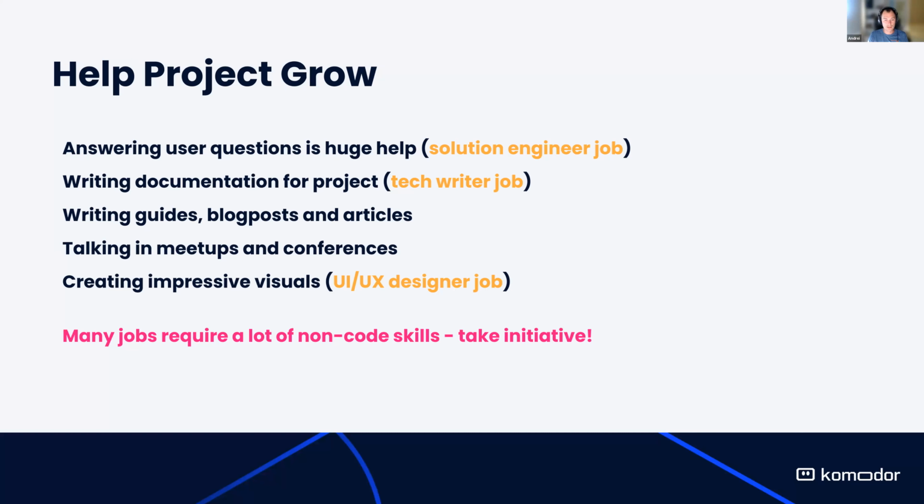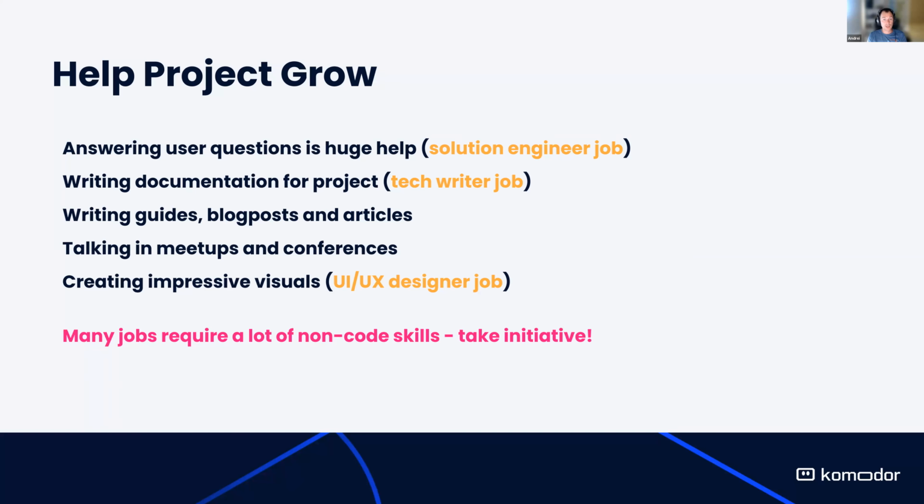And there's a second set of things to work on as a non-code contributor. You can be basically a solution engineer or support specialist, career style learning, and you do that by becoming an expert in the project usage, and you will be answering user questions, and it's a huge help for the project. And I know people who were doing that for salary, just responding to the questions of the community, because it's a really, really important role. And if you come as a support engineer into a company, you can show your profile of answering users' questions in perfect English.